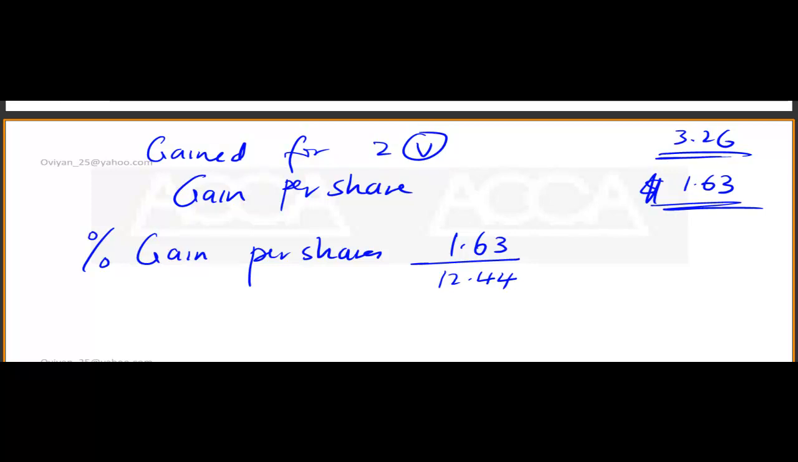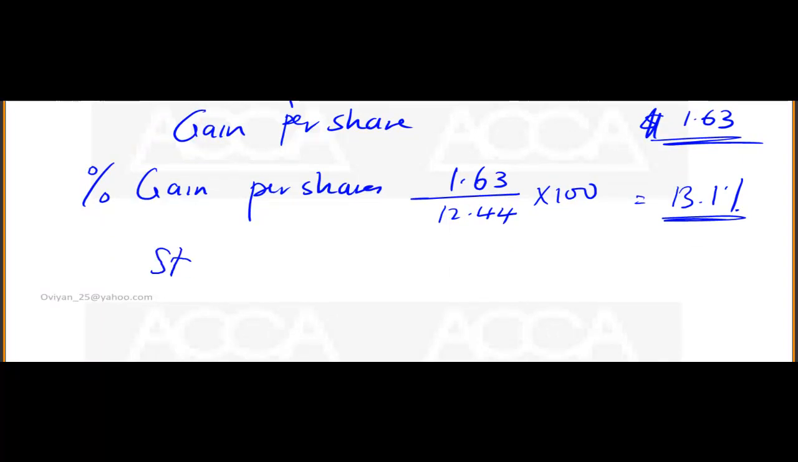12.44 multiplied by 100. 1.63 divided by 12.44 is going to give you around 13.1%. Still more than the minimum of 10%,